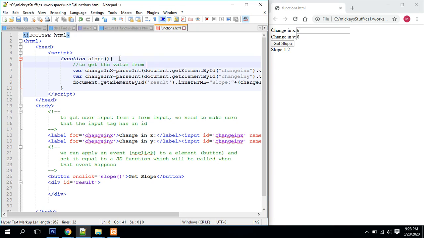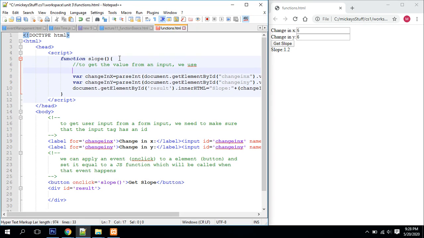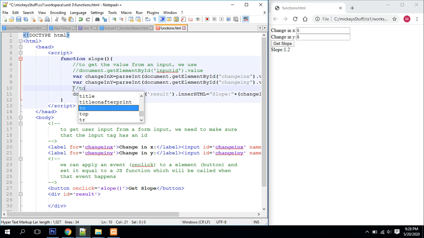to get the value from an input, we use document.getElementById, and in here we put in quotes the input ID, and then we say dot value, and that's how I'm getting the value. And then this line right here is the one we're using for output. The output information,